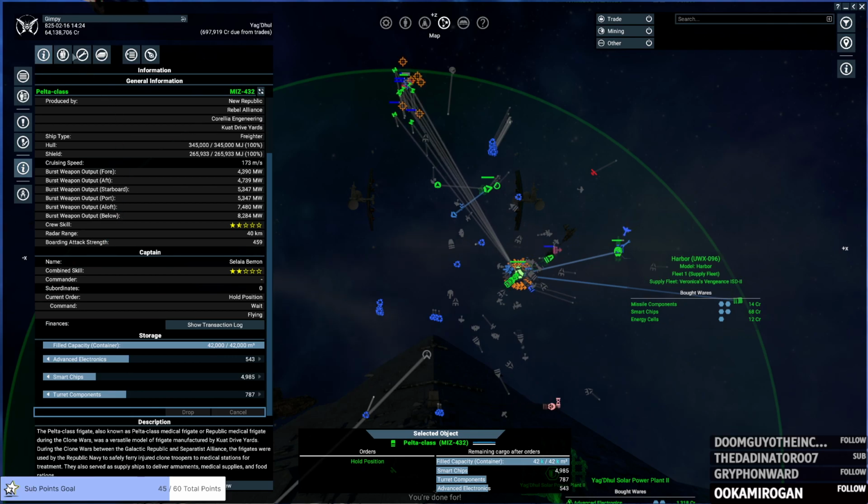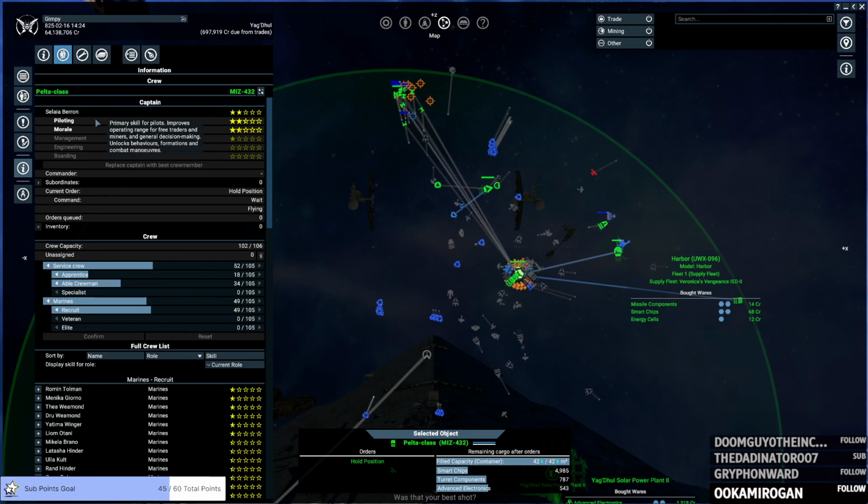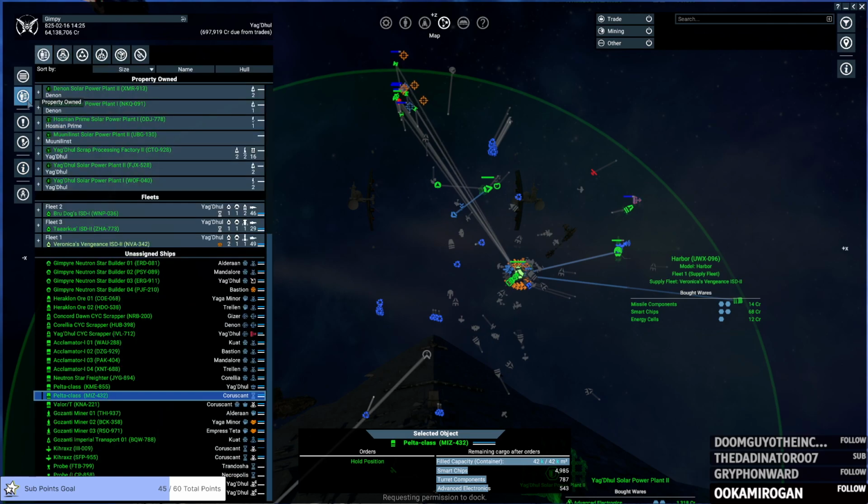Okay, so the captain of this ship is what skill? 2. No, even. Yeah, 2. We need this Pelta to have more experience, I think. No, we've been using actually the ship to cart resources down to this area. Well, actually, I know what we can use it for. We can use it for...